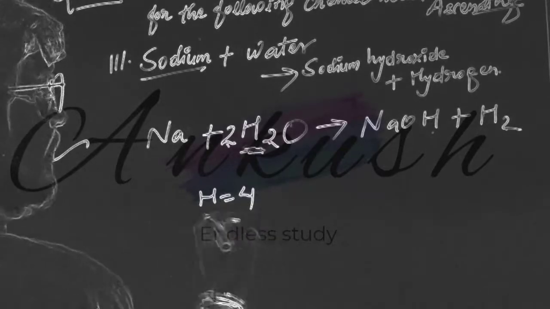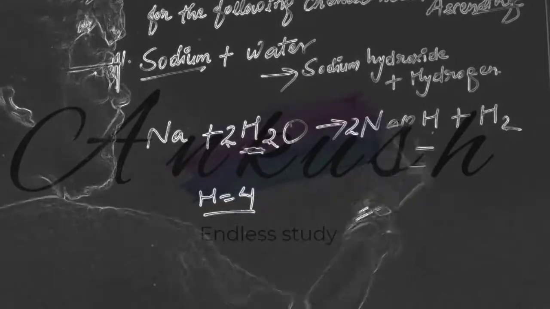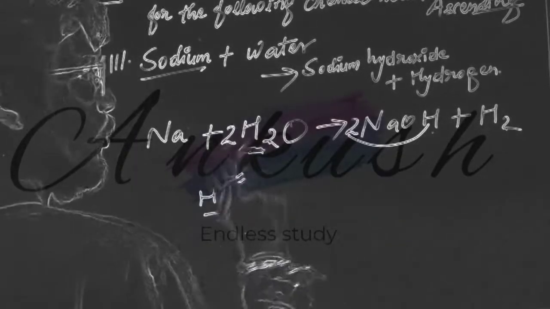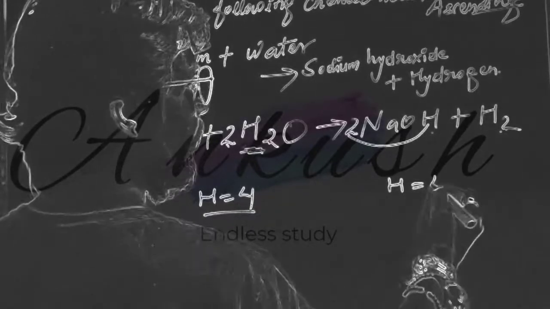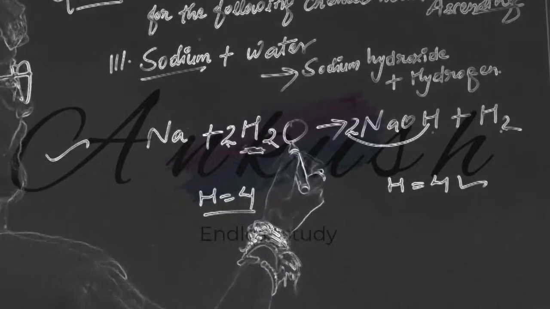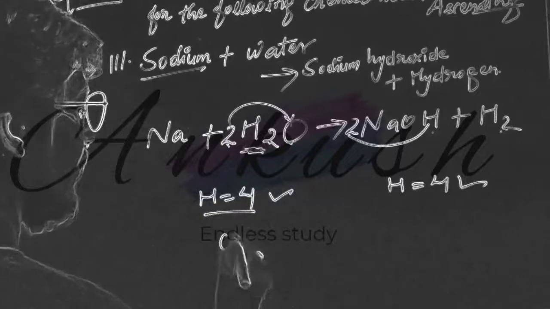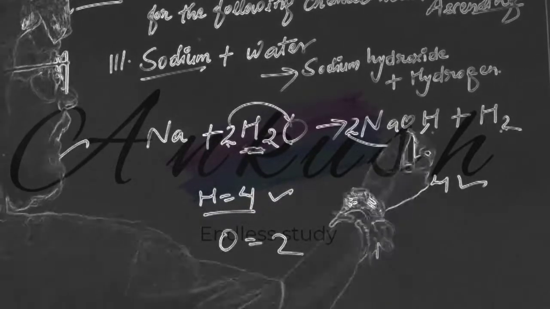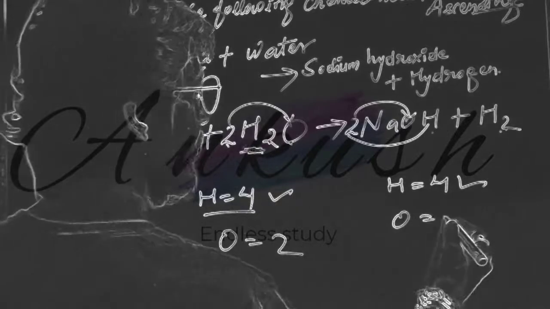Here hydrogen how many? 4. And if you write 2 here, so here hydrogen is getting multiplied by 2. So 2 atoms of hydrogen here plus 2, total 4. Hydrogen balanced? Correct. Now you see for oxygen, 2 is getting multiplied to O also. So here oxygen atoms 2. And here you see 2 is getting multiplied to O. So here also oxygen 2.